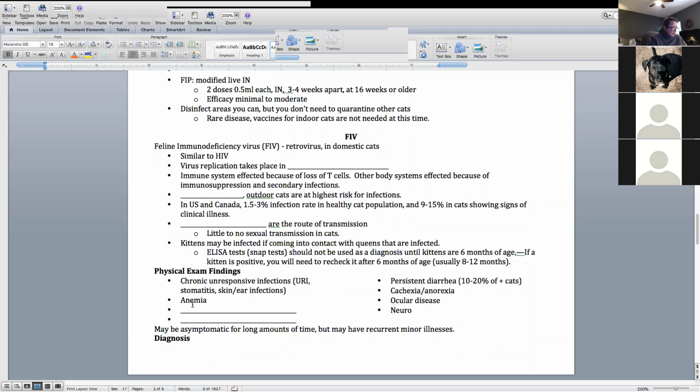We talk about diarrhea, because of bacterial infections. Cachexia is weight loss, and anorexia is not eating. So they can be cachectic. Ocular disease, neurologic, due to potentially encephalitis from infections. And for the ocular disease, that's talking about it inflames the nerve and potentially have inappropriate